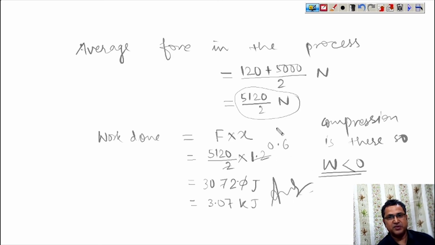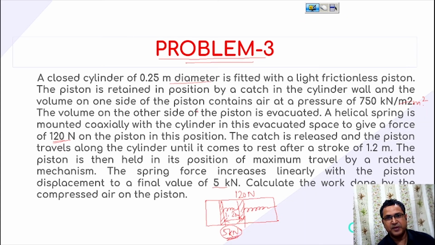This is a good question. You can also use the integration method for finding the net force, but in that particular case we have to unnecessarily do the integration and we make the process very tedious. So the easy thing is that once the variation is linear, we can take the arithmetic mean of these two. So this will give you the correct answer. Now come to the next problem.